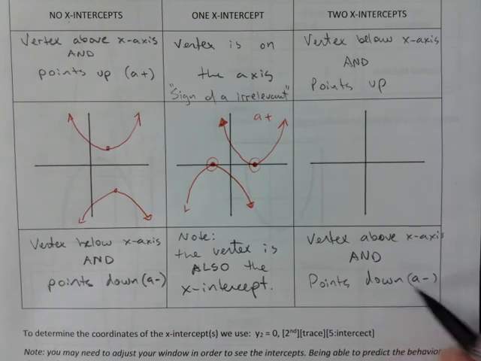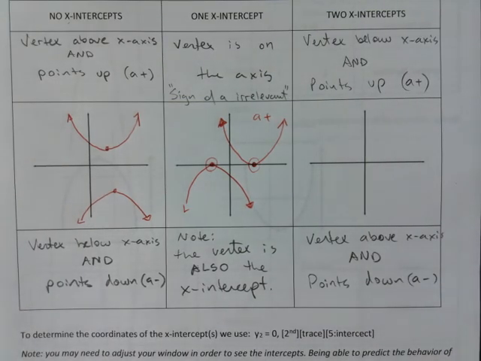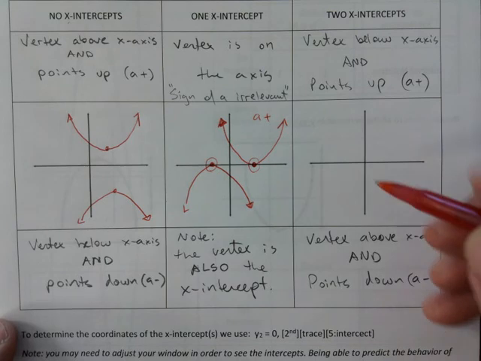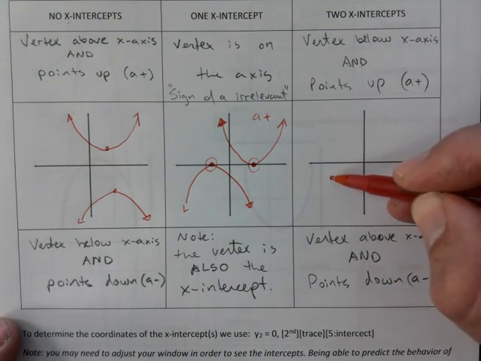So A is negative here, A is positive over there. So notice if the vertex is below the x-axis,